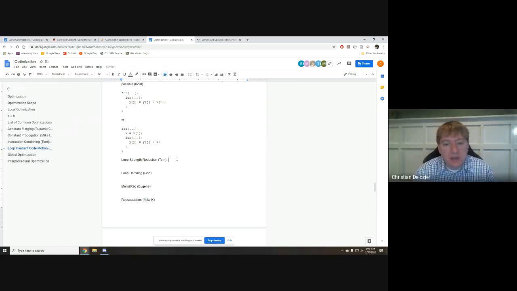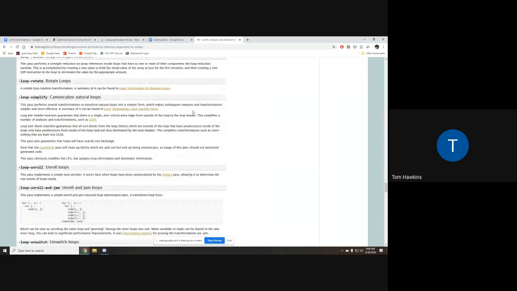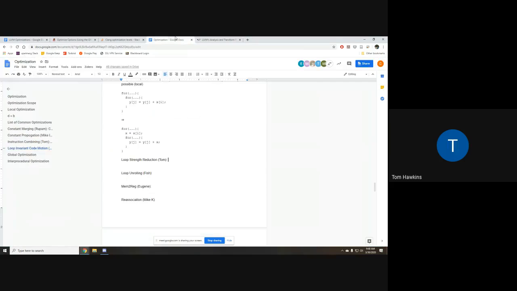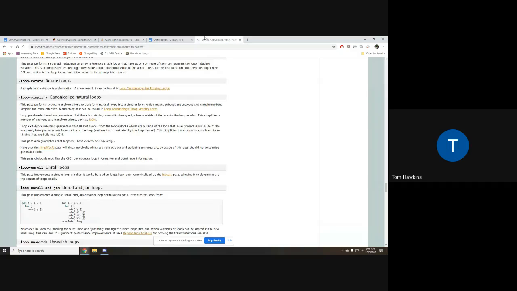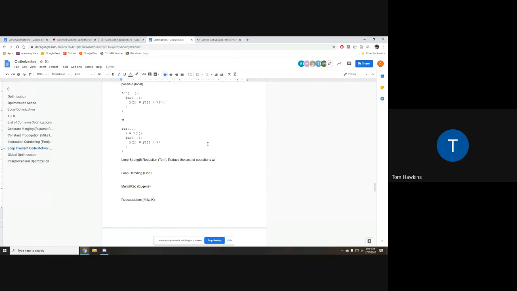Okay, great work. Next up, Tom with loop strength reduction. Yeah, so loop strength reduction is basically reducing the quote strength of an operation. So if you have multiplications, trying to replace those with additions. A good example is if you're calculating an exponent. Say you have 2 to the x, where x is some user input. Instead of going 2 times 2 times 2 over and over again, you do 2 times 2, save that result, and then square that result again. You can reduce the big O upper bound of functions, and it's probably a local optimization, because you're looking at individual